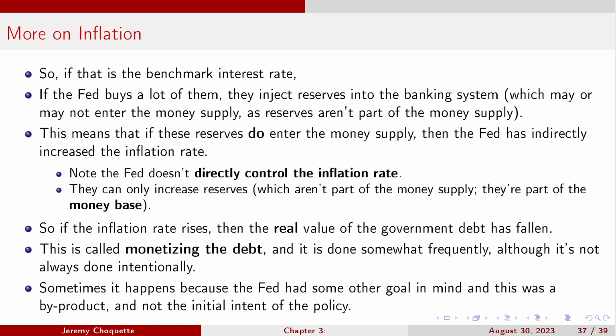Right? They don't directly control the inflation rate. They don't say, we want inflation to be this, and then it's that. It'd be nice if that was the case, because then inflation would be nice and low. But they can only increase reserves that the banks hold. Now, if the bank wants to lend more money out, if those reserves get lent out, they now enter the money supply. And if you have more money chasing the same number of goods, what happens is the price level will go up, hence inflation. So if you hear about monetary policy, what's happening is you're essentially getting too many dollars chasing too few goods.